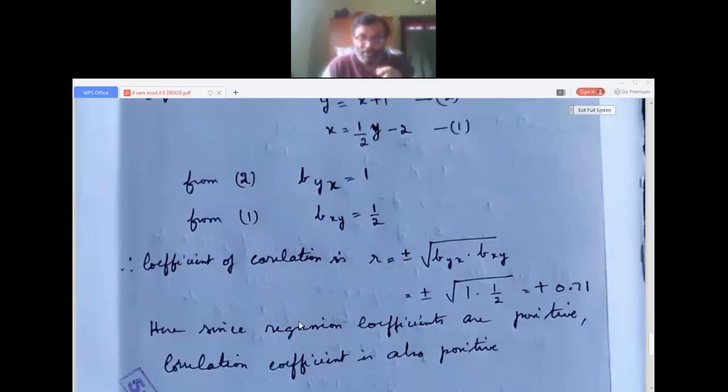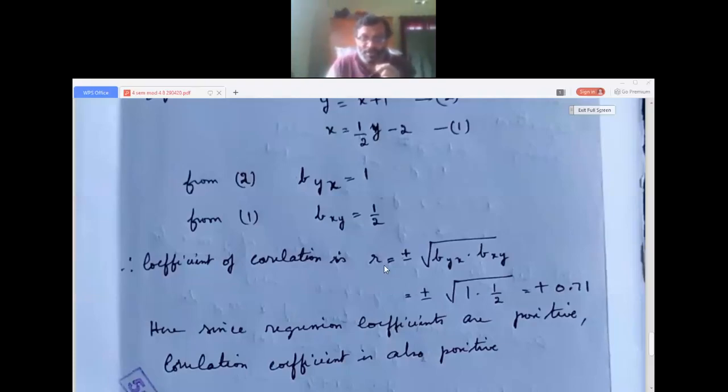So I solved two very important problems today. The same type of problem is there in the model question paper. Please solve it. Now I'd like to summarize. In today's class, we solved one problem from the homework I had given yesterday, using the formula for regression coefficients byx, bxy and coefficient of correlation r. Then we solved two important problems where the regression lines are given and we find the means x bar and y bar and the coefficient of correlation r. I have discussed the two methods you will encounter when solving the problem.